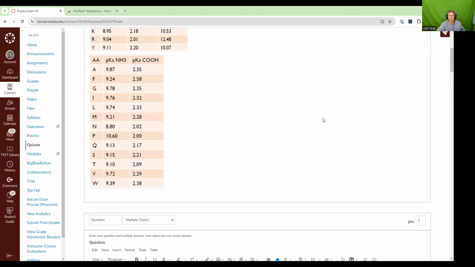So I'm going to write down the 9.87. That's my N terminal pKa. I'm going to ignore the 2.35 because that is involved in a peptide bond,